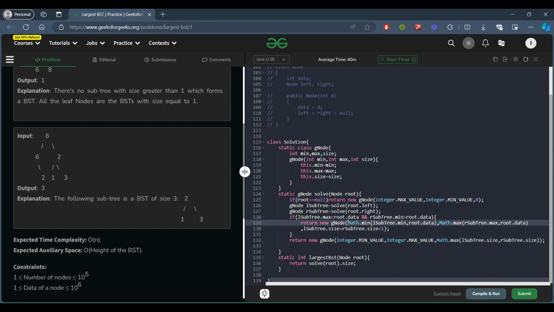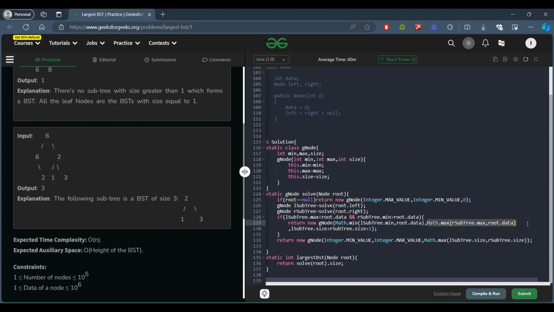And that's why we are taking math.min of the minimum value of left subtree and the root dot data. And a similar approach applies to the max also, because in the case of null nodes, or when we are at the leaf node, our right subtree's max value can be integer dot min value.